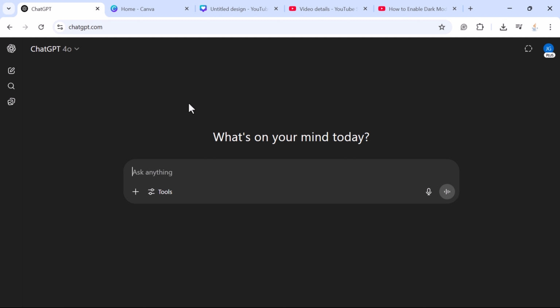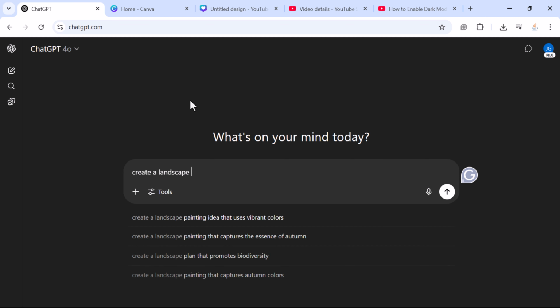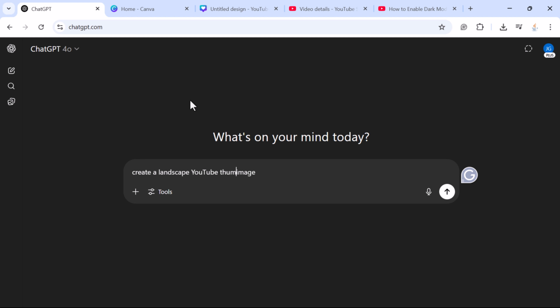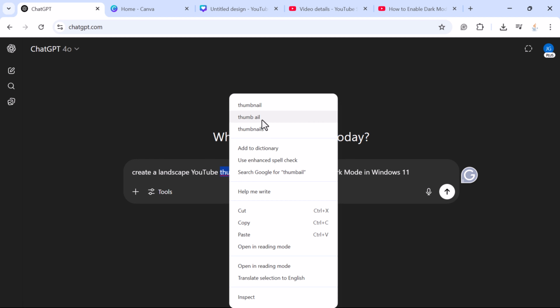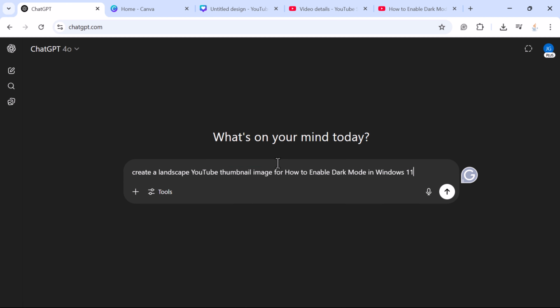So here in a chat, just type the prompt, create a landscape YouTube thumbnail image for a YouTube video titled how to enable dark mode in Windows 11. This should be a thumbnail. So if you want to create a YouTube thumbnail for your videos, you can just replace the title over here. Okay, and you can use your video title like this. Now let us submit this prompt,